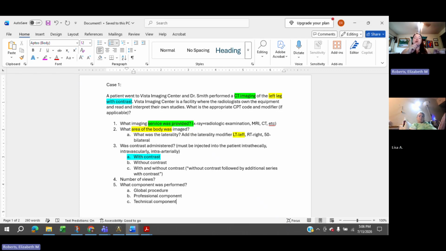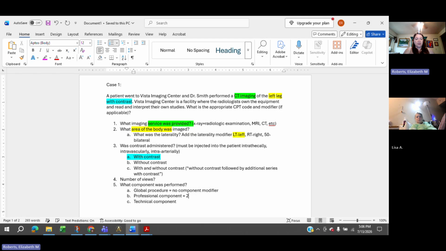Okay. And so the way we do this, right? How do we code it? So the global procedure, you bill for the entire CPT code with no modifier. Or I should say no component modifier, because you might still need an LT or an RT, something like that. And when you send it with no component modifier, the payer will pay the whole thing, right? Because you did the whole thing.